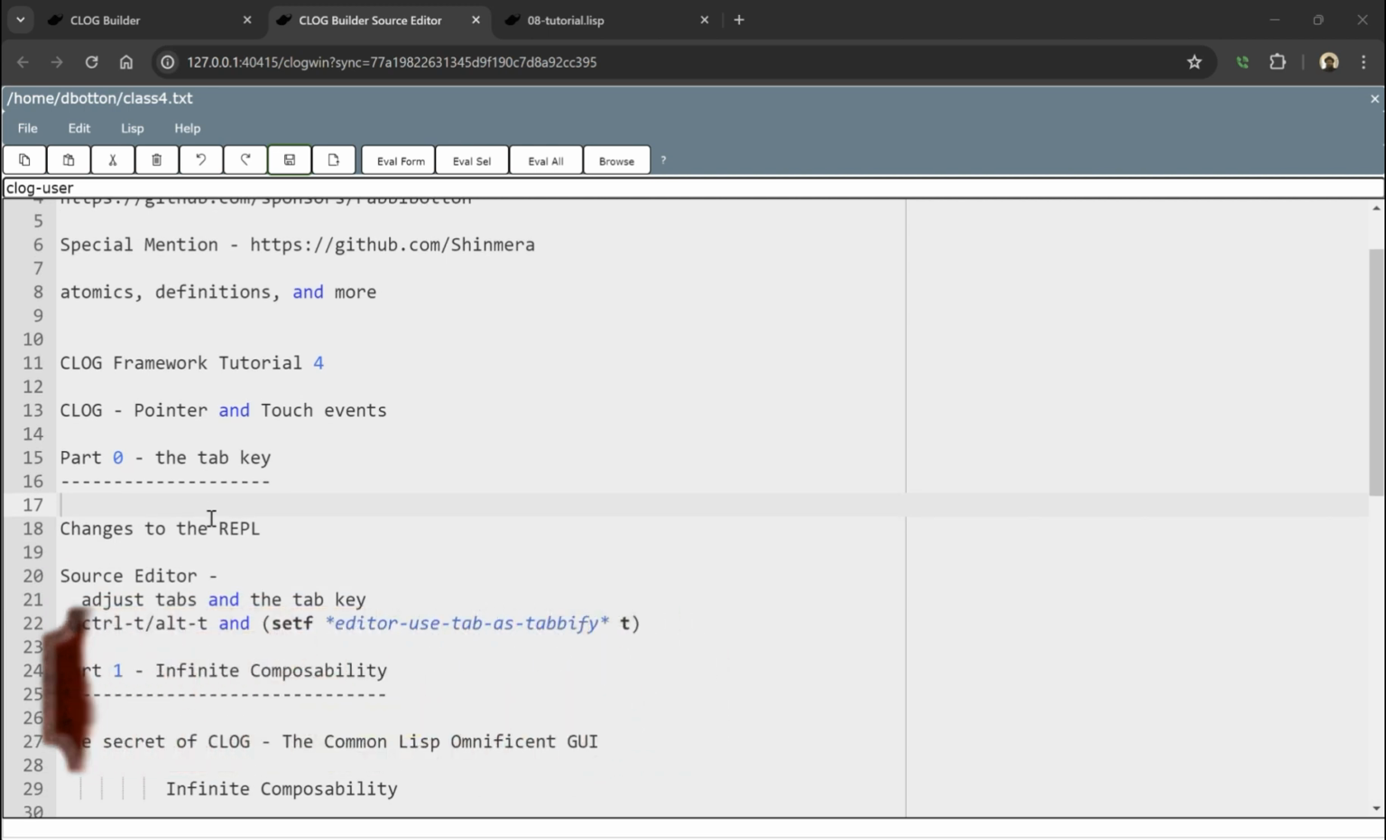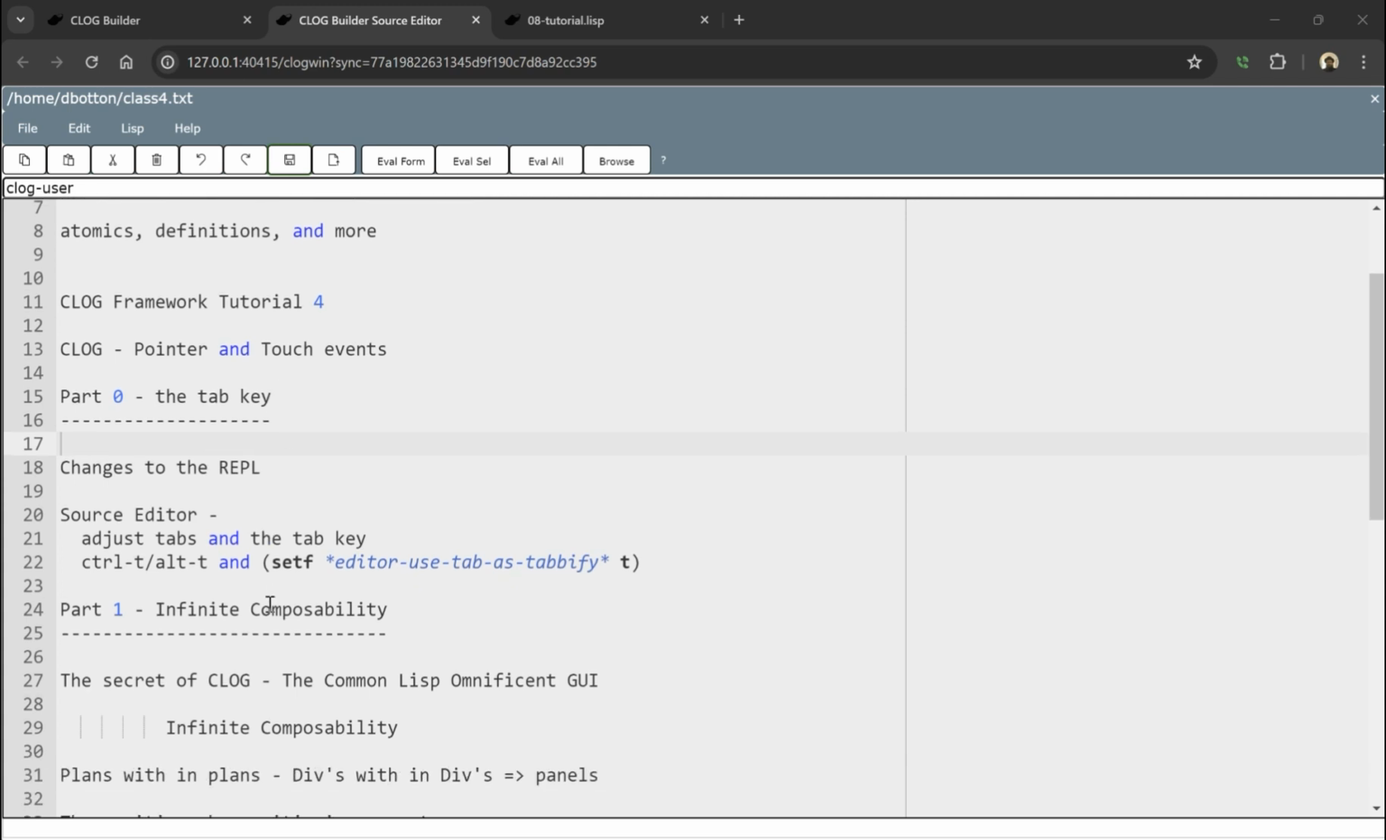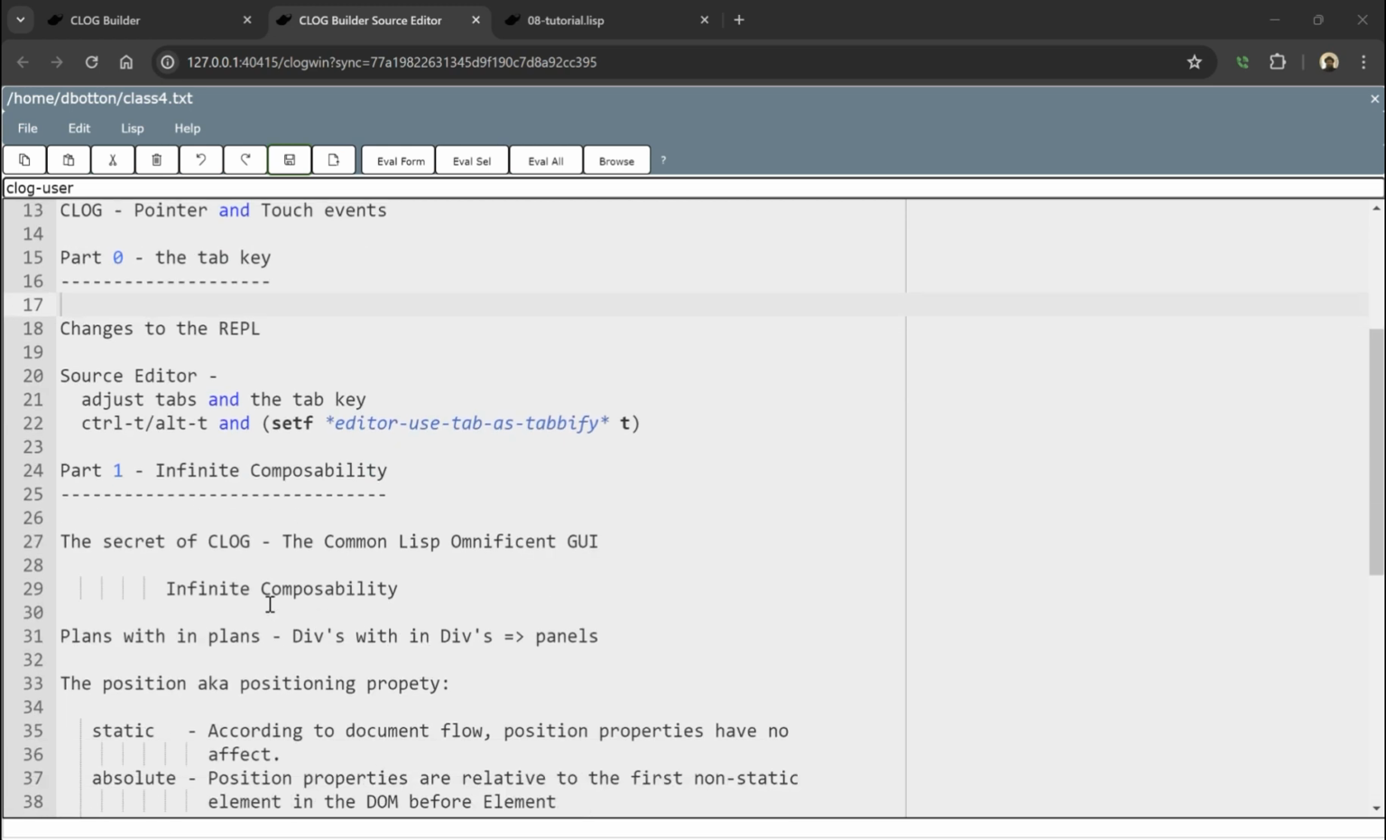So in our class today, we're going to cover a few things. First one is the use of the tab key. It's a new feature that we've added to the source editor, which is essentially an Emacs style tab key. We'll talk about that in a moment, and a little bit of changes to the REPL itself. Also, then we're going to look at part 1,